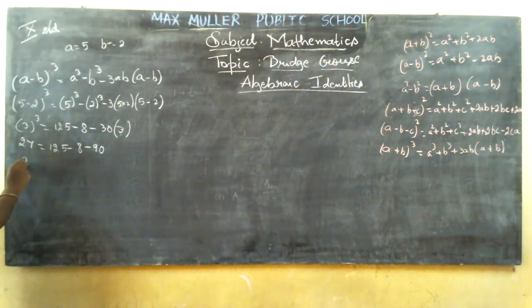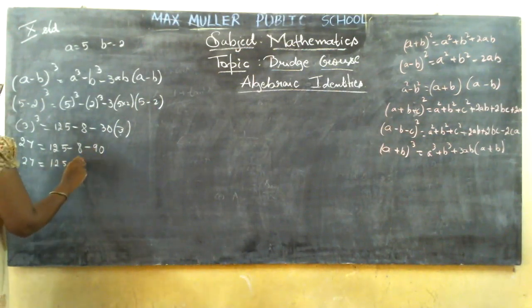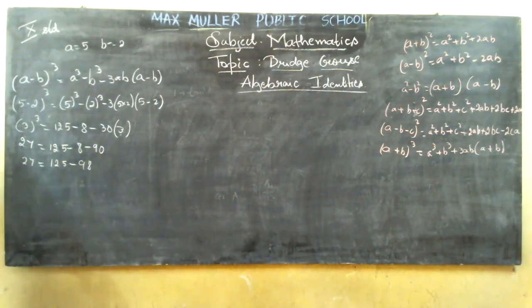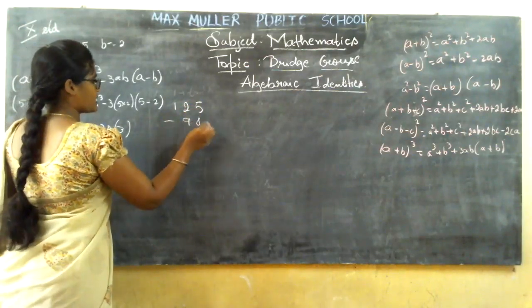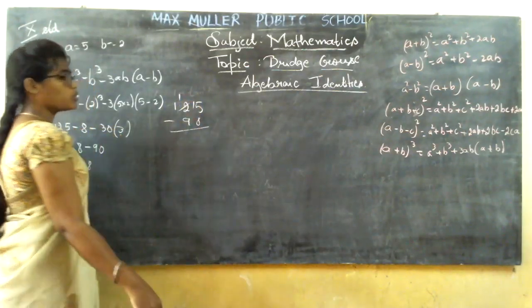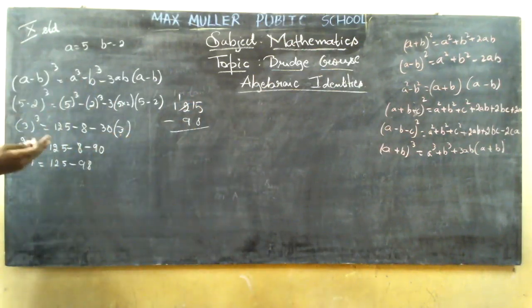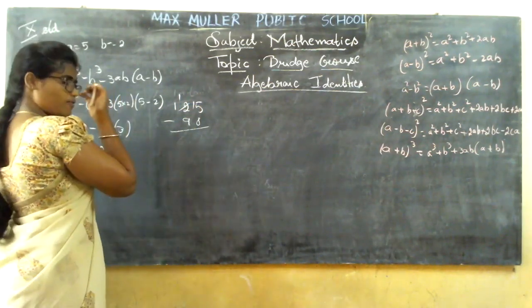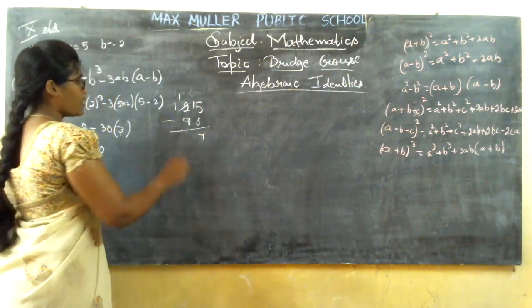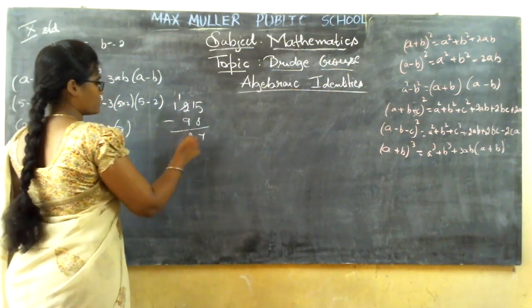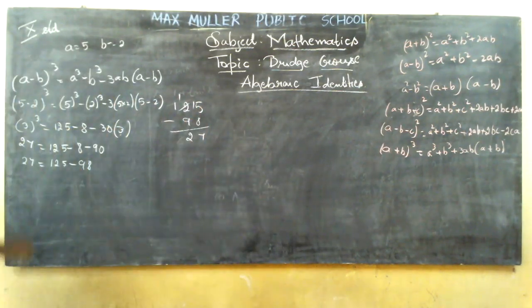Now, 27 is equal to 125 minus 90 minus 8, which will be 98. Why? Because you have like signs, you add and put the greater number's sign. Now, it is subtraction time. 125 minus 98. What happens? 8 plus 4 is 12, then 12 plus 3 is 15. 4, 5, 6, 7. You get 7. Then in 9, 11 goes 2 times. So it is 27 is equal to 27.